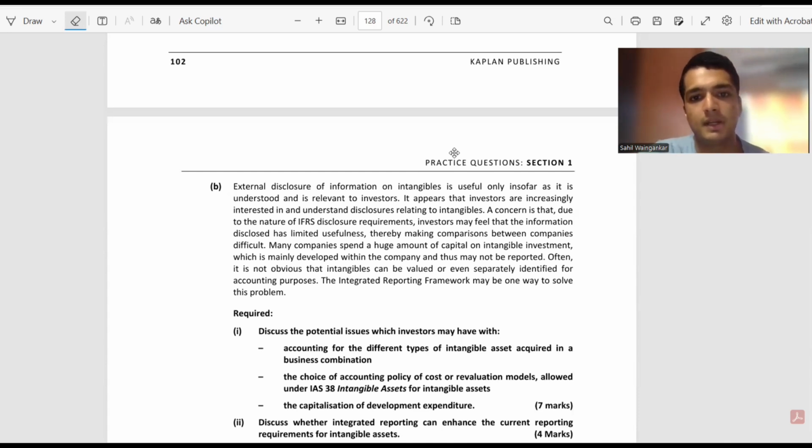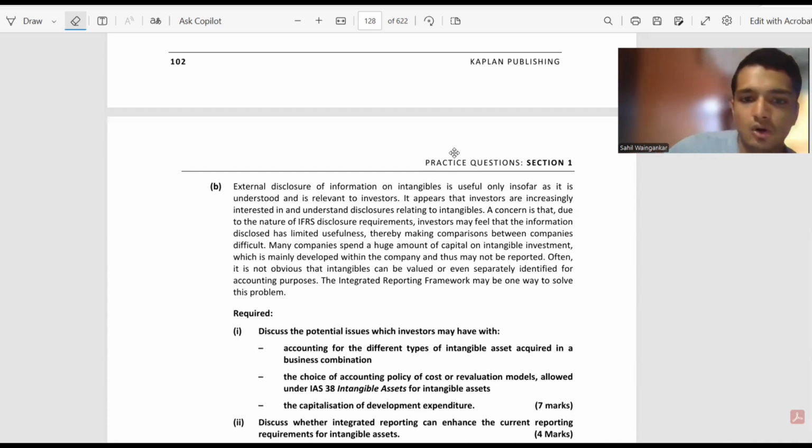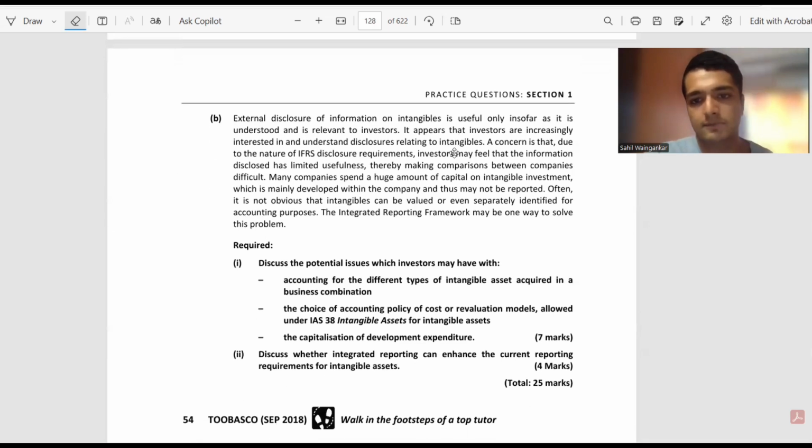Many companies spend a huge amount of capital on intangible investment, which is mainly developed within the company and thus may not be reported. Often it is not obvious that intangibles can be valued or even separately identified for accounting purposes. The integrated reporting framework may be one way to solve this problem. Discuss the potential issues which investors may have with accounting for different types of intangible assets acquired in a business